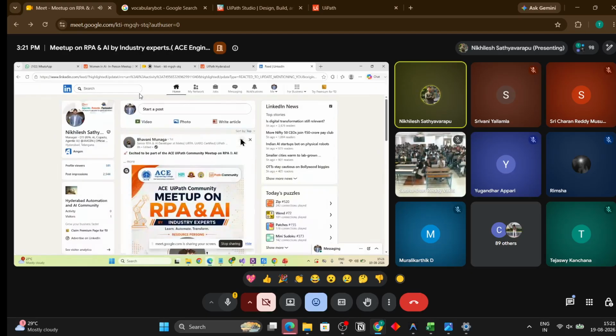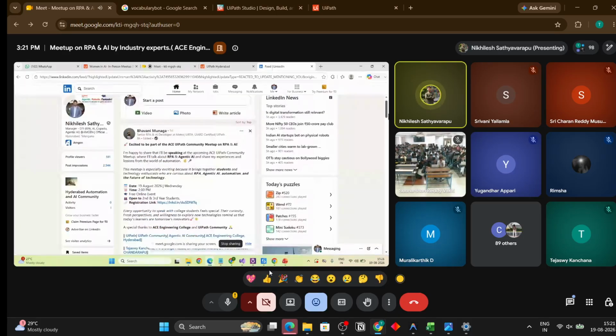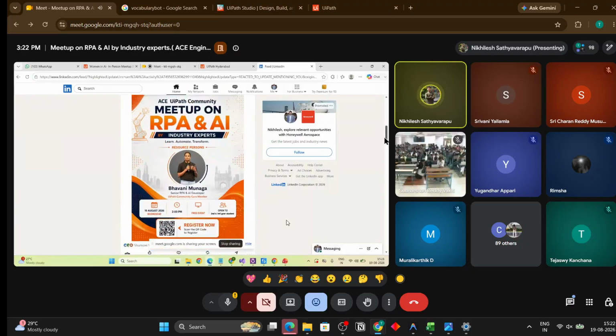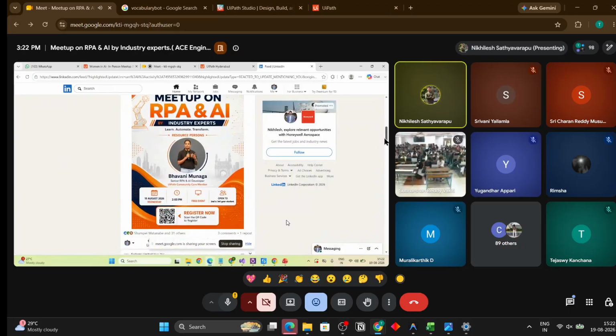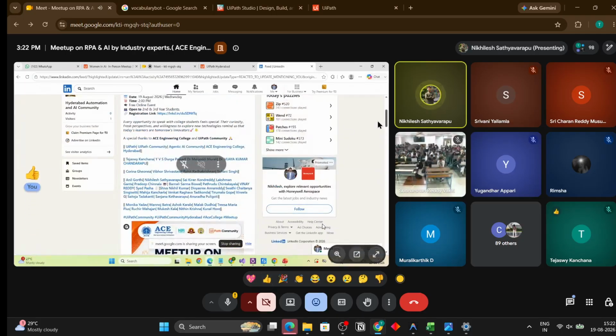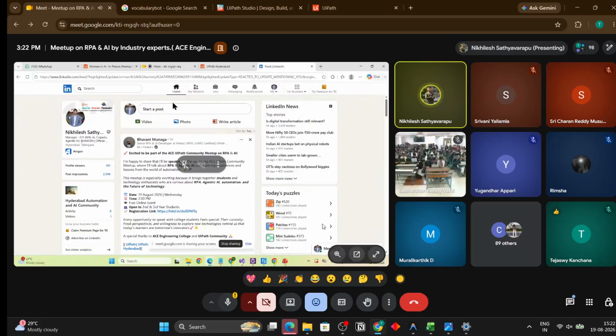Bhavani madam posted about this session. She mentioned Durga Prasad sir, Murli sir, Vijay Kumar sir, everybody. And this is the poster that Tejasvi and team created. So after this session, go there and write a post.